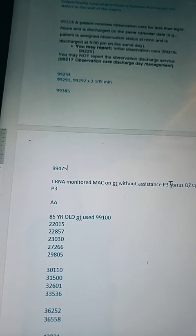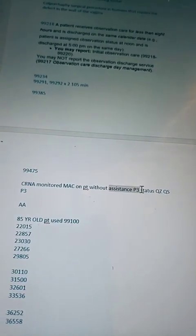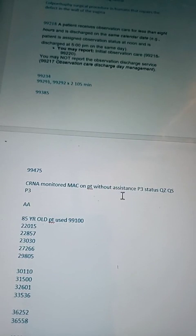You know, P1 is for a healthy patient. Maybe they get in a car wreck and they come to the ER and need to have anesthesia. Otherwise, they're a healthy 20-year-old. We just need to manipulate their arm and put it back into place. They're a P1. P3 is where you would have a status of a patient who has more comorbidities before they get anesthesia, like they're hypertensive, diabetic with COPD. That's a P3. P6 means they're brain dead and we're just harvesting organs, but we're putting them under anesthesia to ease